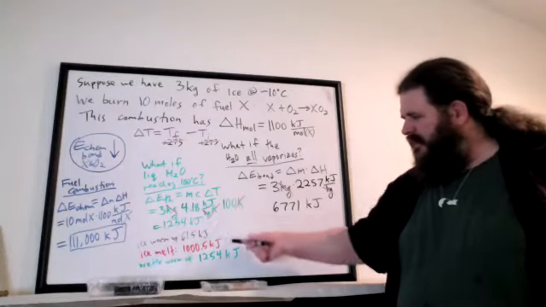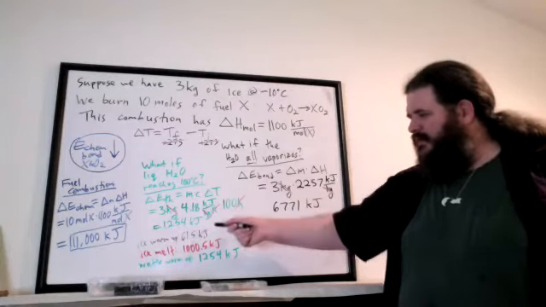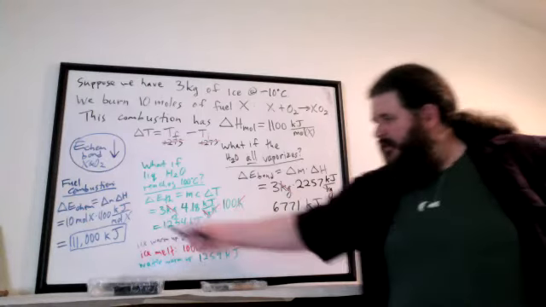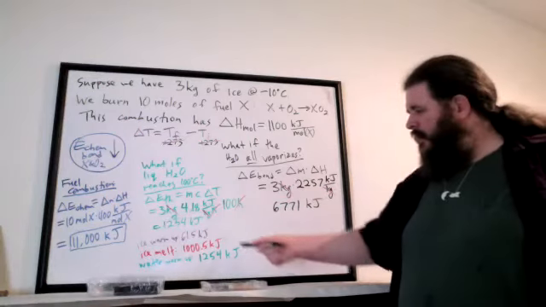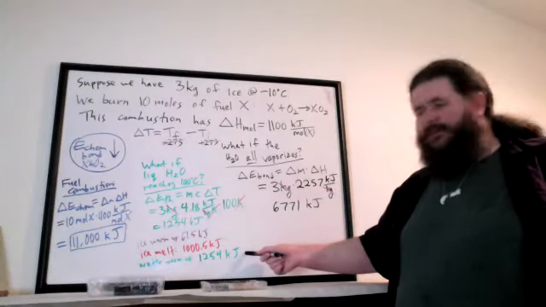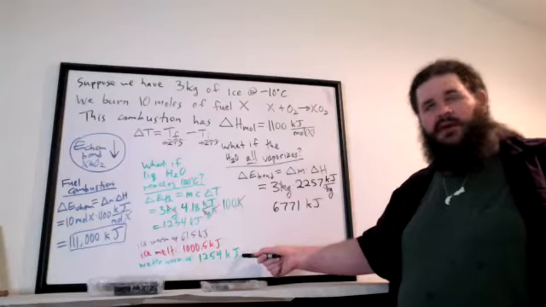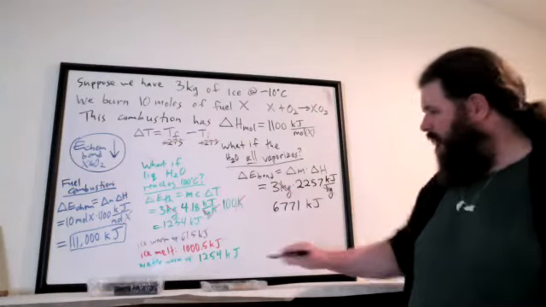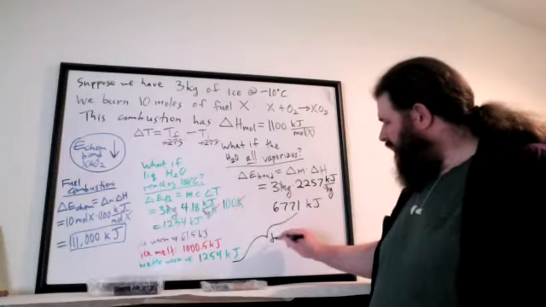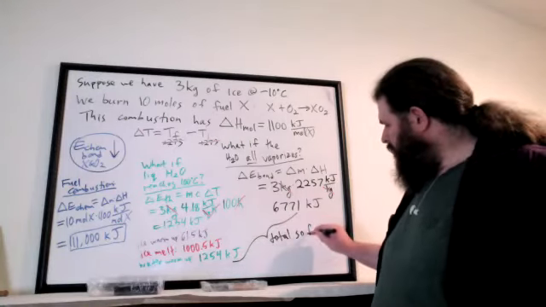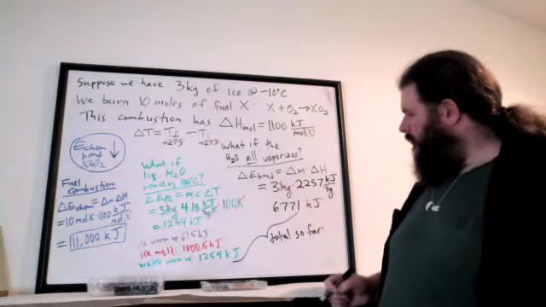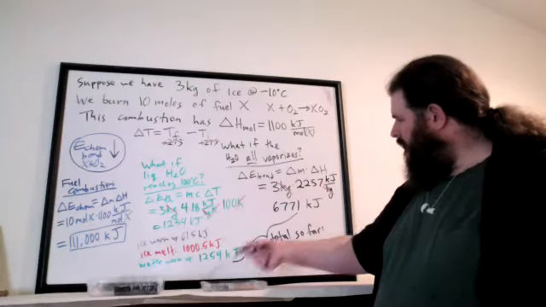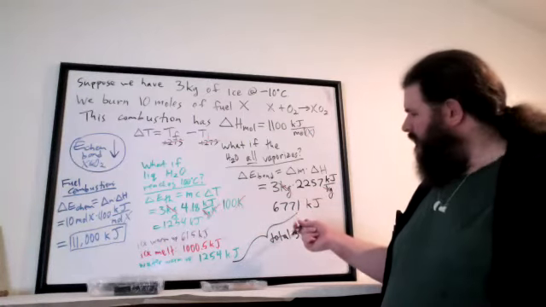It takes only a little bit of energy to warm up the ice, kind of a lot of energy to melt the ice, but still nowhere near as much as is available. About the same amount of energy to warm up the water to 100. Takes a lot more energy to vaporize the water. But even if we combine all these together, what is that going to be? We had 23 something so far, plus another 6,700 something